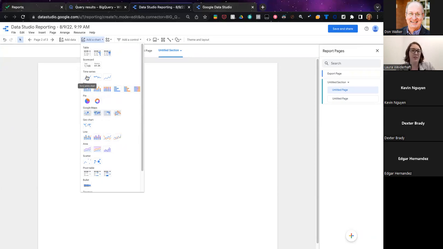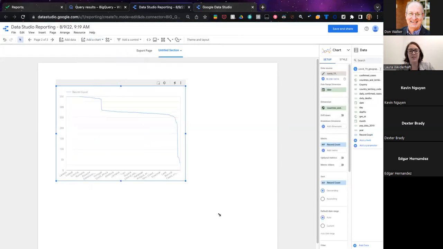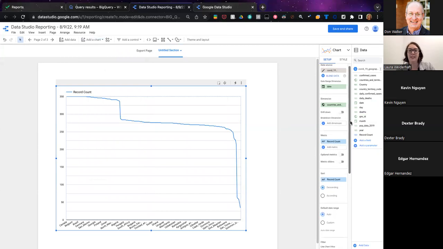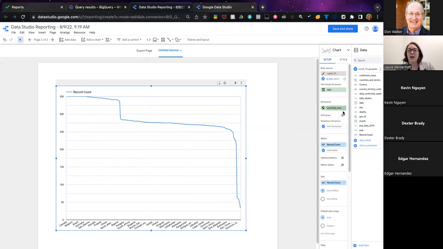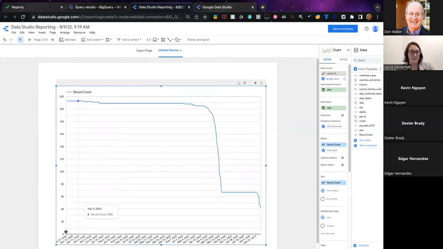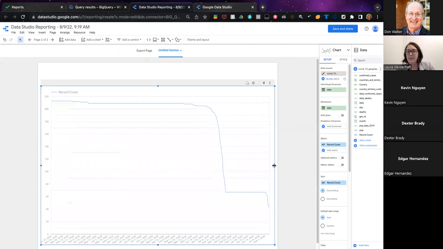So there's the option to do a time series chart or a smooth line chart, regular line chart. I like to do these line charts instead of the time series because there's a few more options for how you break down the data. And so I want to take countries off the dimensions and replace it with dates. I'm going to keep it at the date granularity to get a really specific trend line.